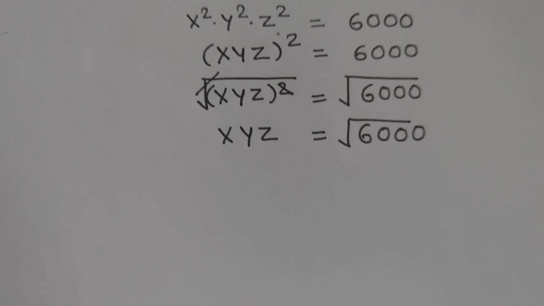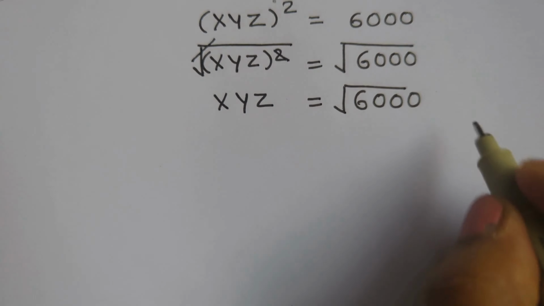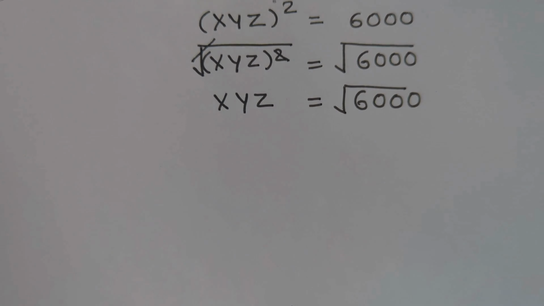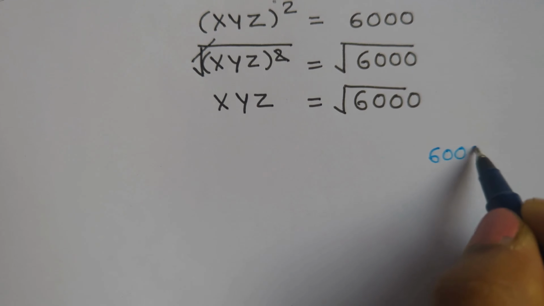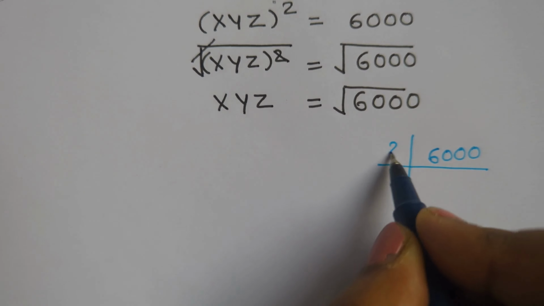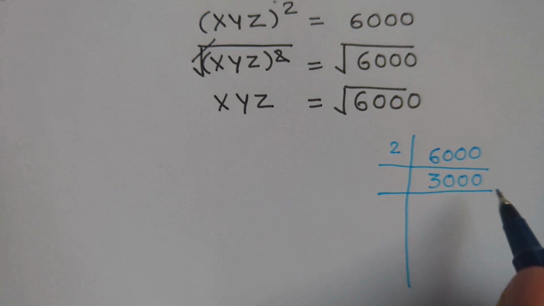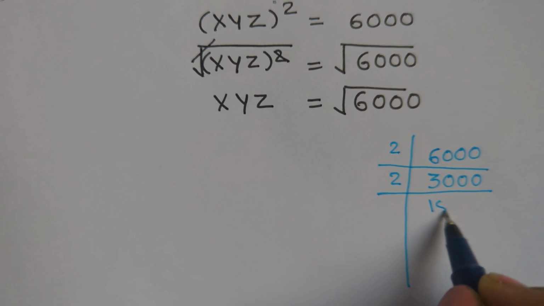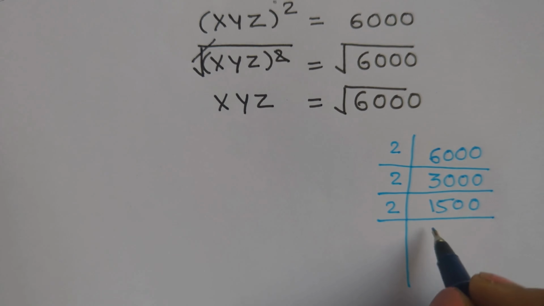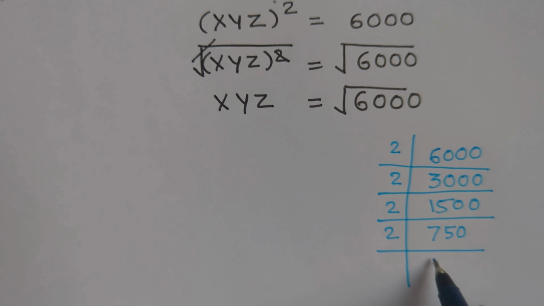Now how do we find the square root of 6000? Because we do not know that by heart, let me simplify it. Writing 6000, we are going to divide it by 2, so it would be 3000. Now let's divide it once again by 2, it would be 1500. Let's divide by 2 once again, 750. Once again with 2, it would be